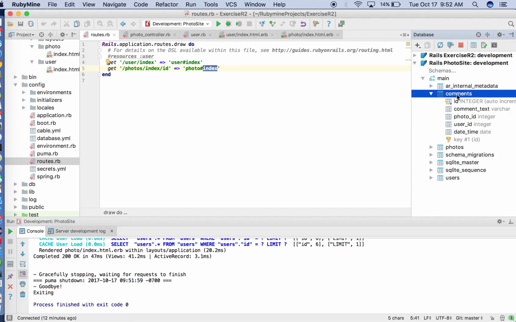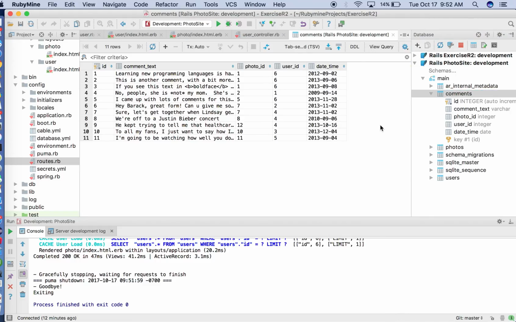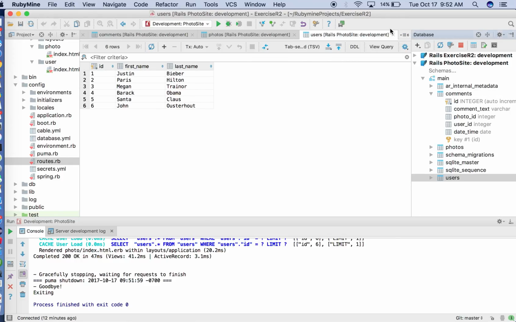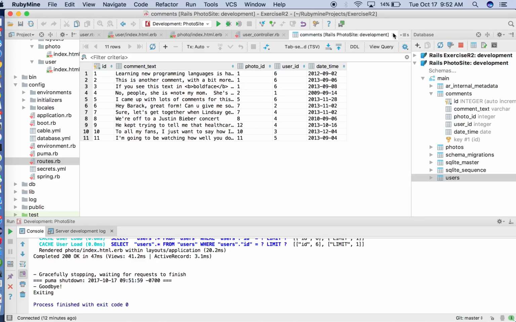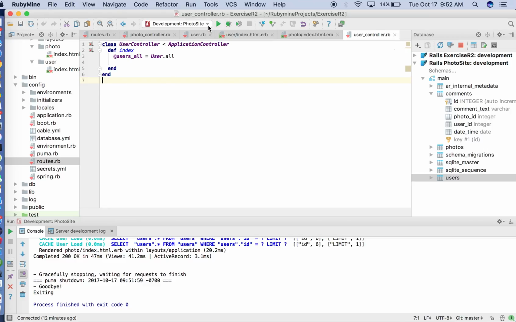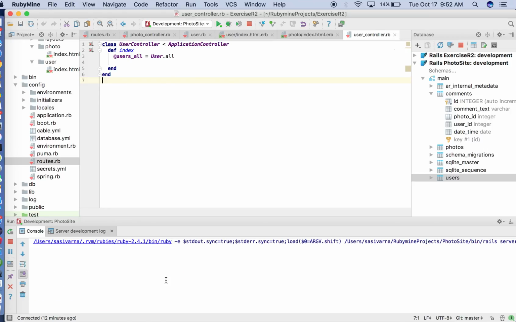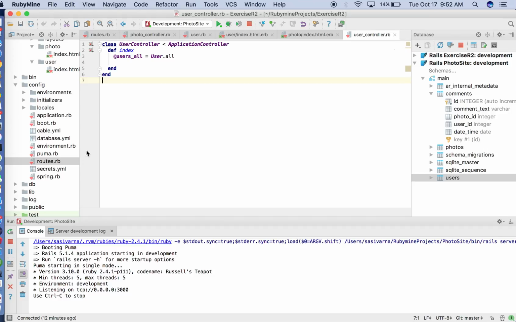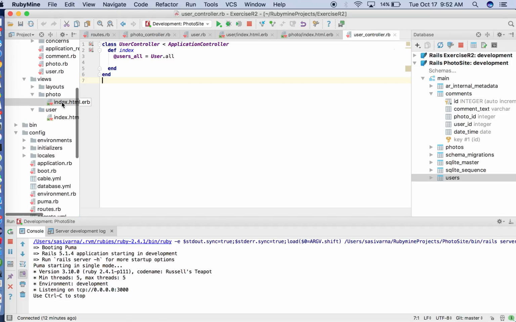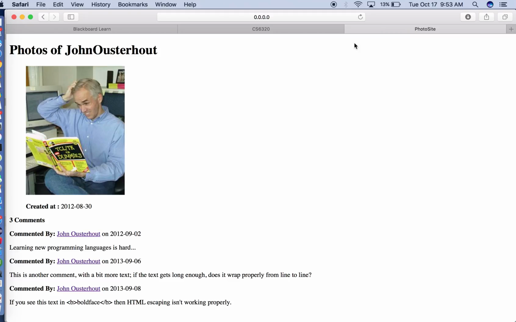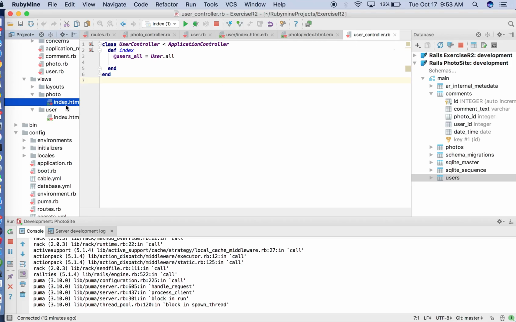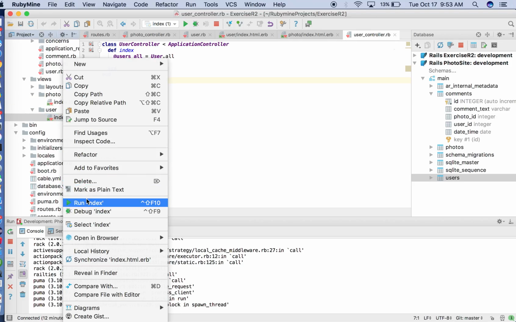I forgot to show the database table name. Like this, I have data over here, all the photos and users that we have loaded from the given load underscore data file. Okay, and then going to the development photo site, running this app, it ran. And if I go directly to this URL, sorry, this won't work because we are redirecting it from this to this. So go to this,